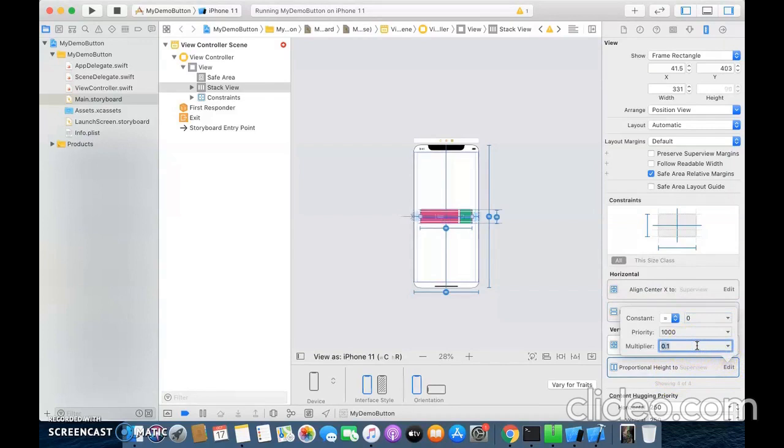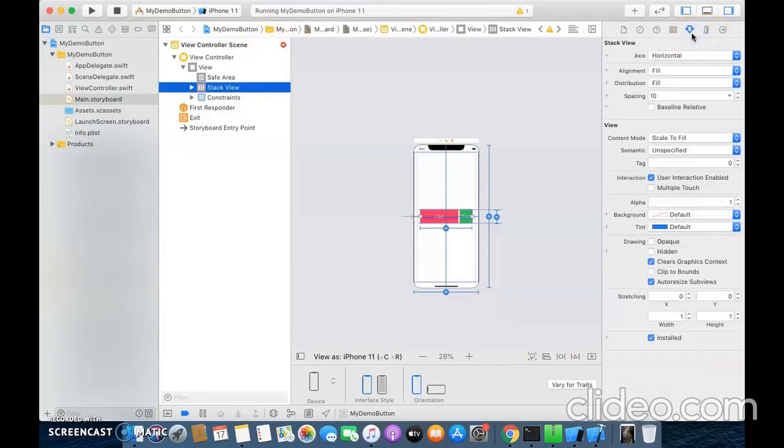That will be okay. If you want the height to be a little greater or a little smaller, you can use your own multiplier. So I have used 0.1. Now you can see we are getting one error. But we don't have to worry about the error because we are going to discuss all the properties of the stack view, and on discussing these properties, this error will be gone. After discussing all the properties, the error will be gone.